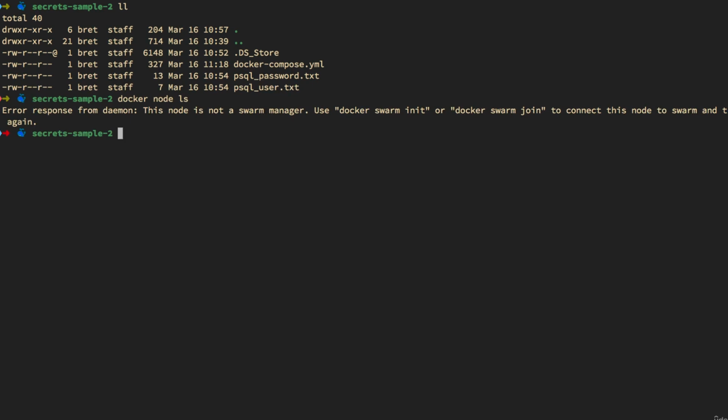So how do we deal with this in local development? Well, ideally, we can still use the same compose file, we can still use the same objects like the environment variables for Postgres. So Docker had to come up with a way to make this work in test and dev. If we do a docker compose up -d,